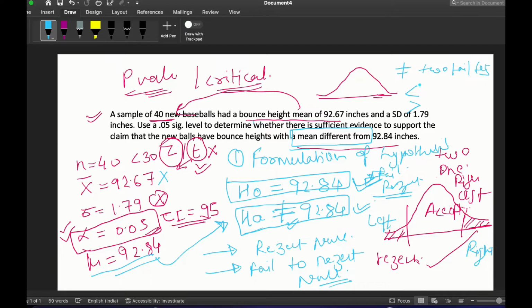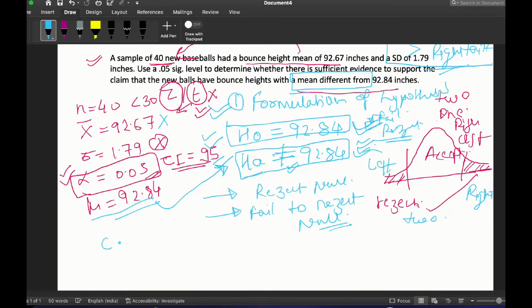Okay, so where this arrow is pointing, it is pointing towards the left, so this will be the left tail test, and this will be the right tail test. Okay, and I will again tell you the concept also, why we do the left tail test and why we do the right tail test. So our step number 1 is completed, that we have written the null and alternate hypothesis, and we have decided which tail test is required. So in this case it will be the two-tail test.